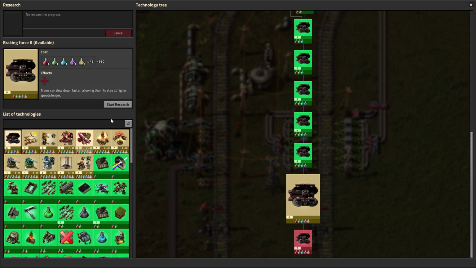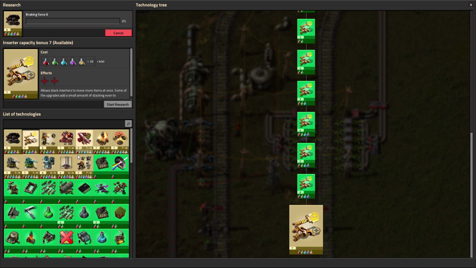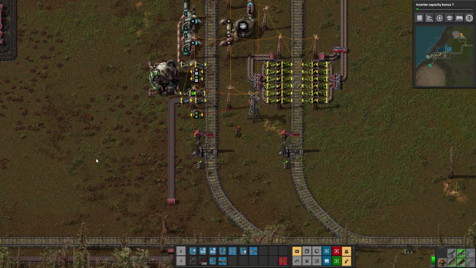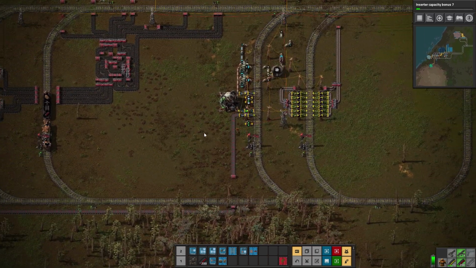All right, lab research speed done too. Boy, are we really doing braking force? Boy, we're close to being done. And I know I should be working on the rocket right now. It's just those little things right there, the way those circuits have worked, have always bothered me and wanted to